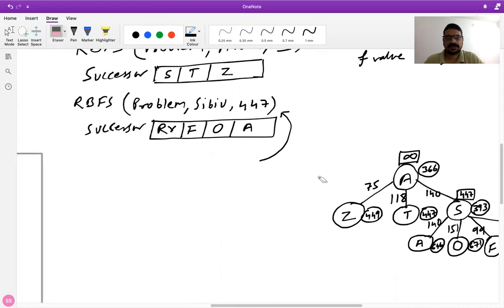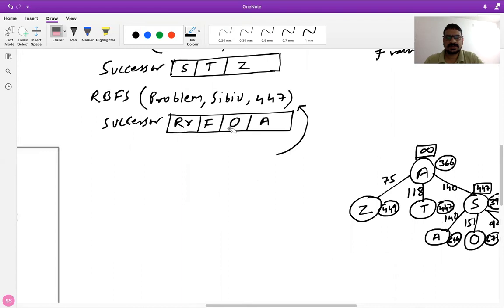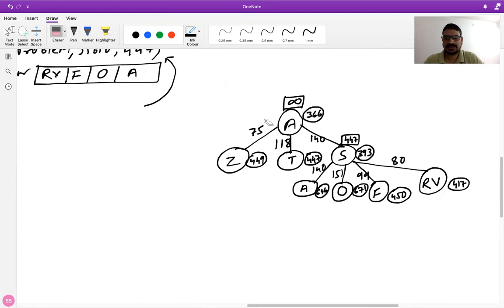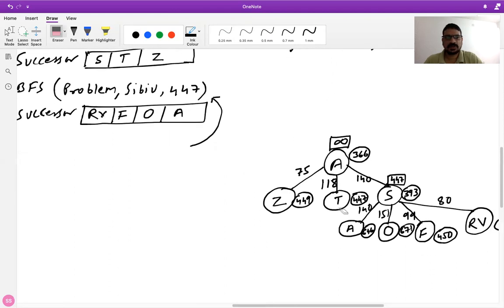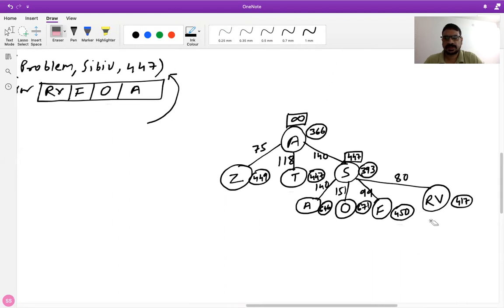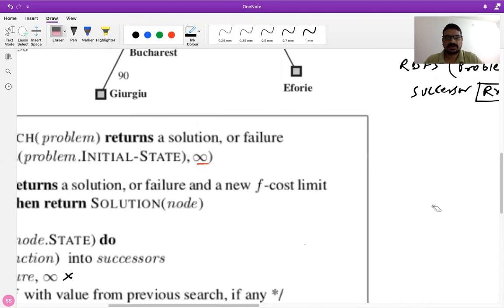Right now, from the successors, RV, Pegasus, Orandia, and Arad. Which is the less for Suboi? So RV is the less, 470, right? RV is the less. So for RV,